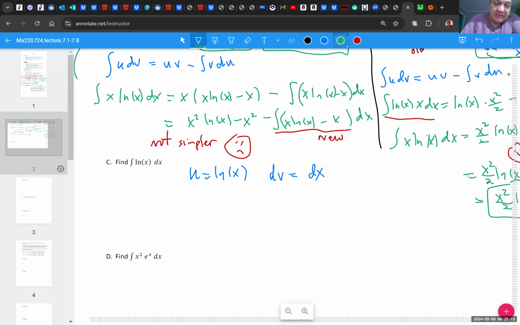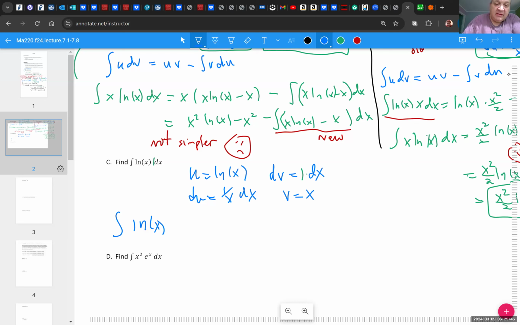It's just 1 dx if you want to think of that. So this is just 1 dx, right? There are two things. One of them is just 1, which is not very interesting, but we can see there are two things there. And the derivative of this thing, as we have seen before, is 1 over x dx. And the antiderivative of dv is just x. And then we can do our formula, u times v, which is ln x,